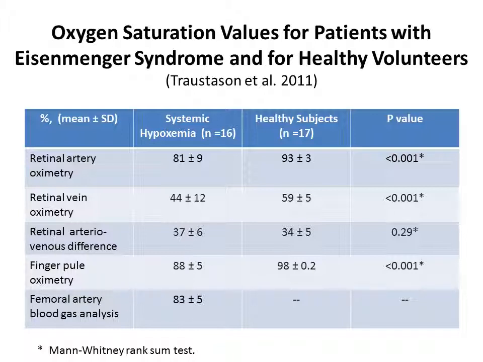Both retinal arteries and retinal veins are hypoxic compared with healthy subjects, and the retinal arteriovenous difference was not markedly changed between both these groups. And here, of course, there is a decreased oxygen saturation in the finger as well as in the femoral artery